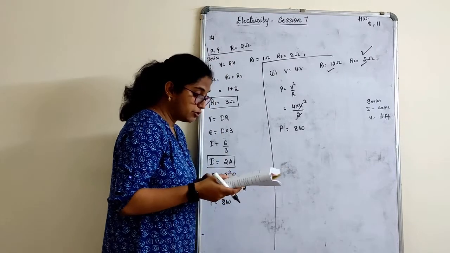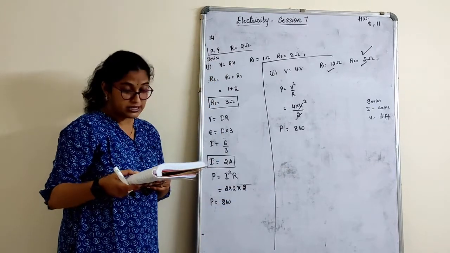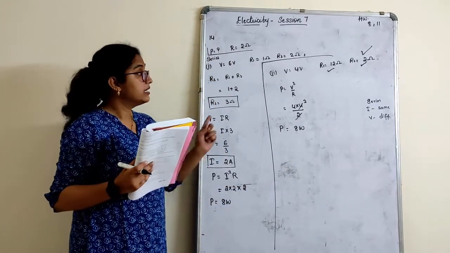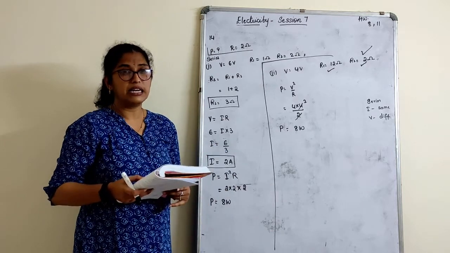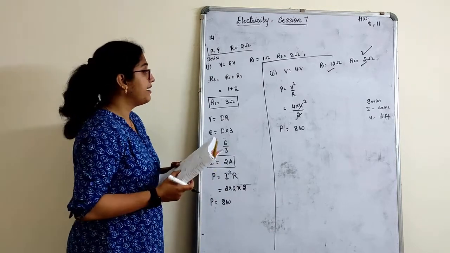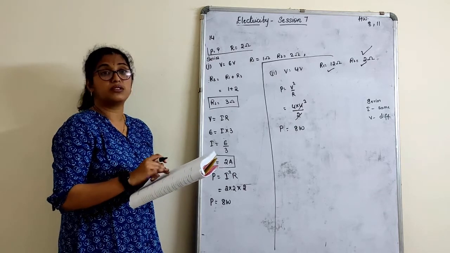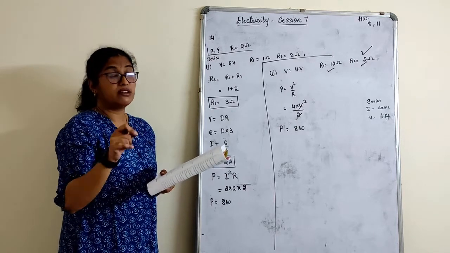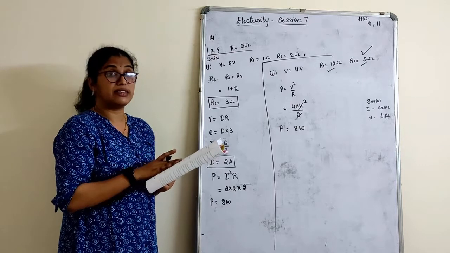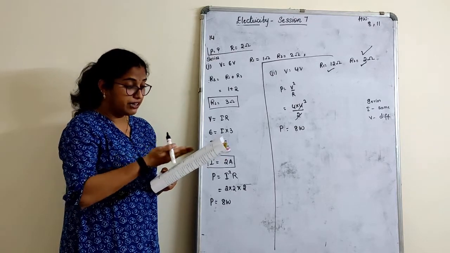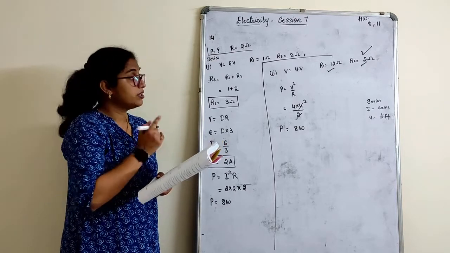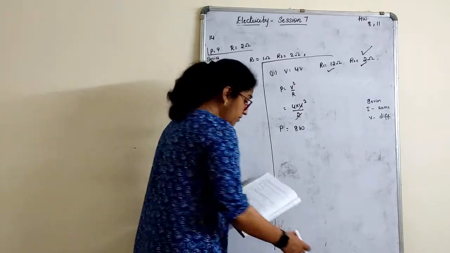Therefore the power used by the 2 ohm resistor is 8 watts. Okay, is this concept very clear? Quite a tricky sum it is. If in case you can write the reason, I have mentioned the reason in the notes. You can just go through the correct reason why we used the formula given here. What I have explained, I have clearly written in the notes. You can use this. Next one.